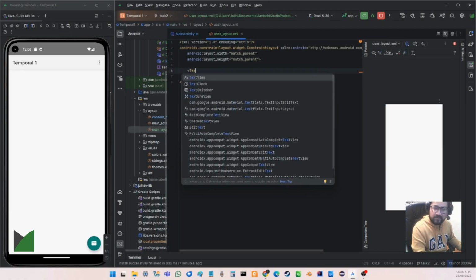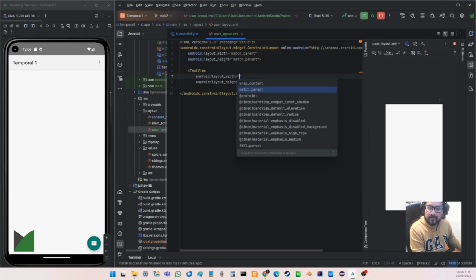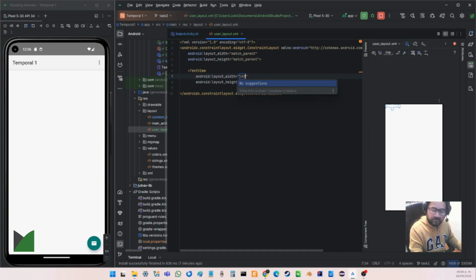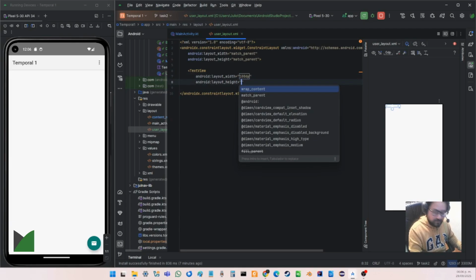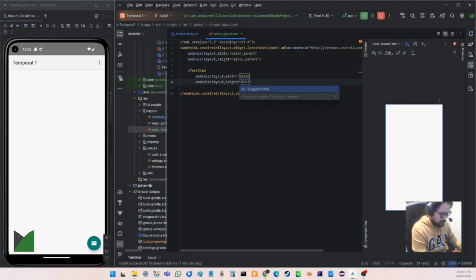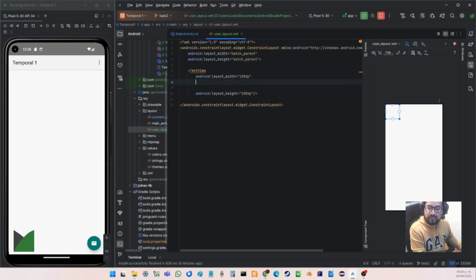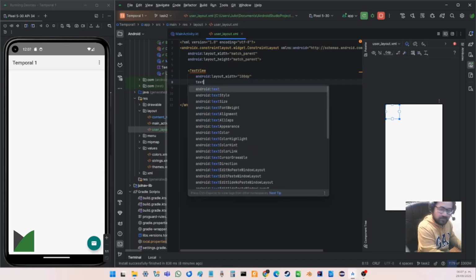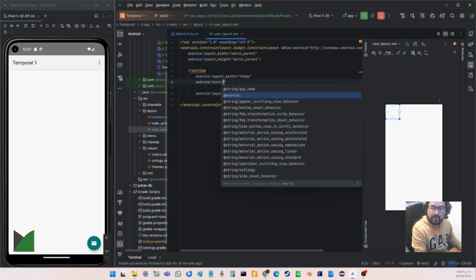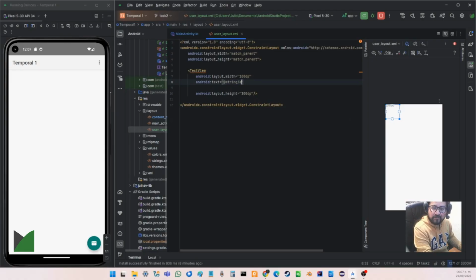So here I'm gonna create a text view, and I'm gonna set this to 100 dp so I can move it around in the editor. So this is dp, and let me close this, and I need a string here, so text, and I'm gonna create a user,